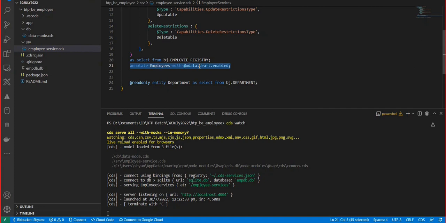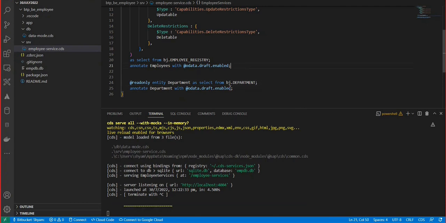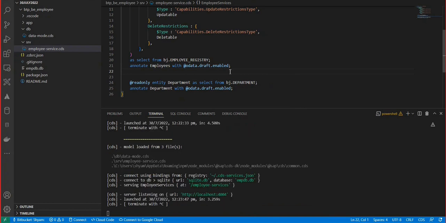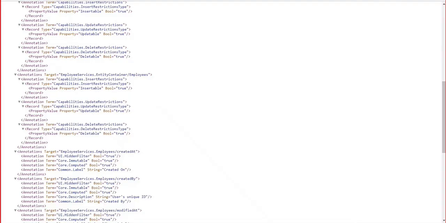If I just copy this, I would be doing the same thing for department. But I want both of these tables to be draft enabled. Okay, anyway, this is read only, so we can omit this. That's also possible. But let's just have the draft functionality enabled for both of them. So in future, let's say you want a dedicated application for department, then also it would be possible. So if I just go over here,